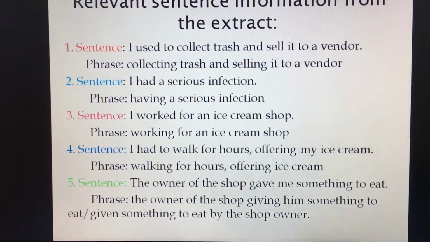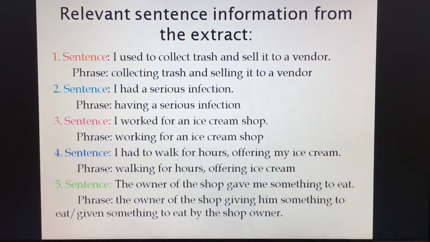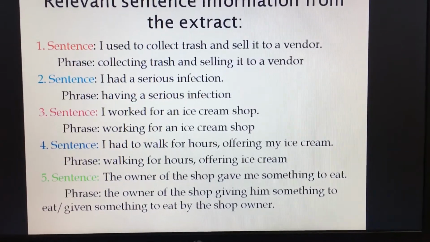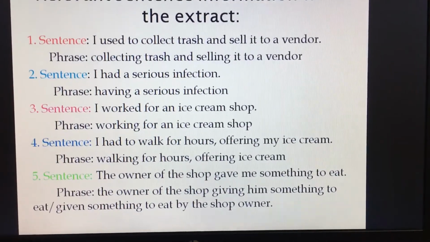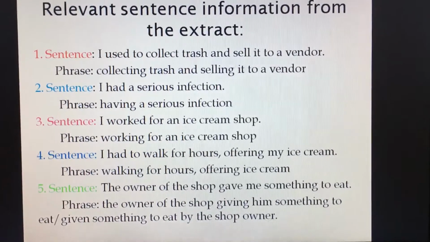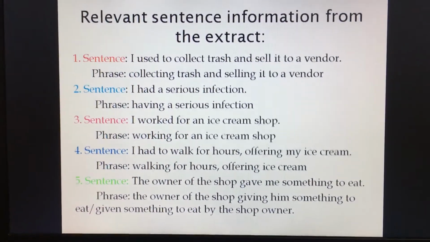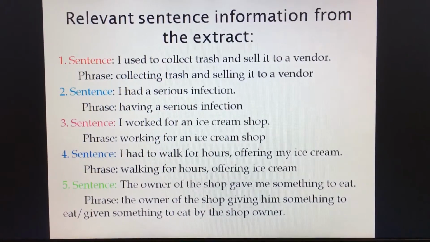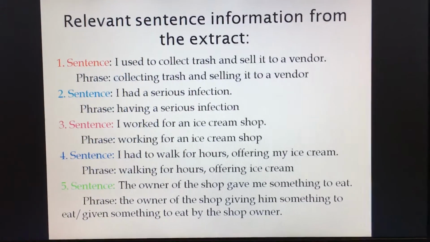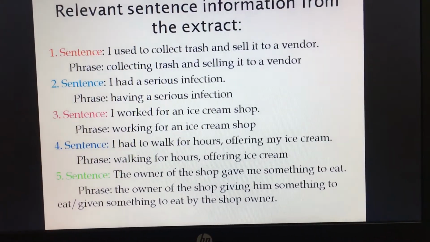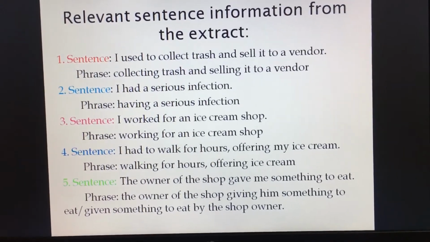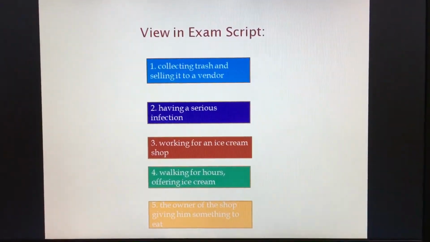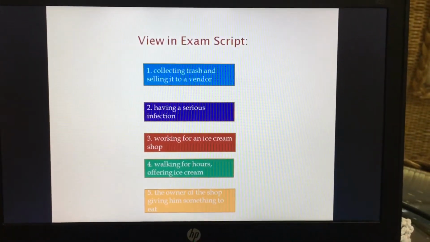Let's go to the next slide. These are almost the same slides. The sentences are made into phrases. There are 5 sentences chosen from the extract of the text, and then I have made them into phrases. So I would like to request my dear students and learners that whenever you make a phrase, you must give more attention to connecting your ideas into small particular details. You must remember that nothing will have to be brought from outside. Whatever you bring, you must bring it from the text, but you can write it in your own words. That's it. And now let's have a look at the answers of the flowchart.